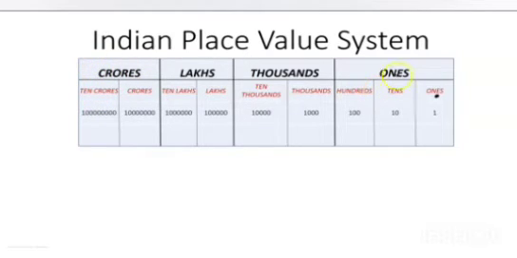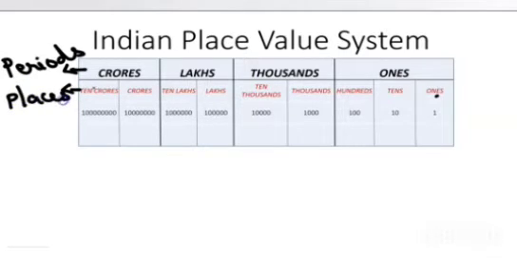So these ones, thousands, lakhs and crores are known as periods. Whereas ones, tens, 100, 1000, 10,000, lakh, 10 lakh, crore, 10 crores are known as places. Again, the values of each place are given below in the table, as you can see, that is 1 belongs to ones, 10 for tens, hundreds 1 with 2 zeros, 1000 one with 3 zeros, 10,000 one with 4 zeros, lakhs one with 5 zeros, 10 lakh one with 6 zeros, crores one with 7 zeros, 10 crores one with 8 zeros. So these are known as place values.